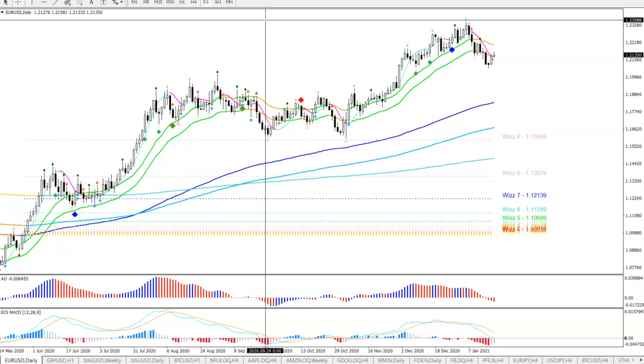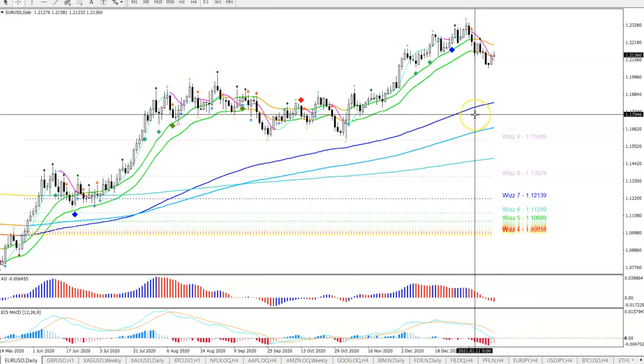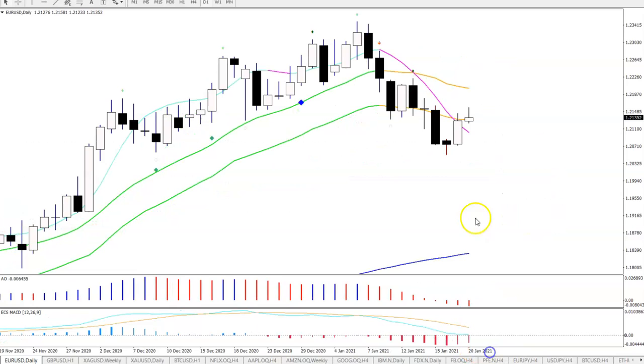Let's get started. Euro dollar daily chart making a deep fall, but not all the way down to 120. In fact, the bear flag that I was looking for did not take place. Instead, we had a pretty bullish daily candle yesterday, and I think that does change perspectives a little bit because